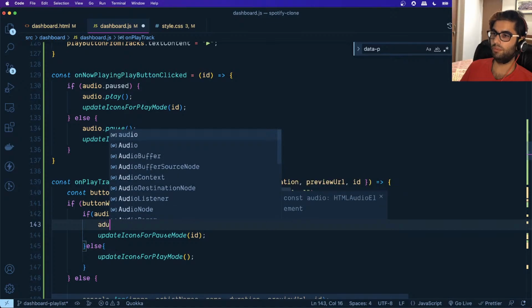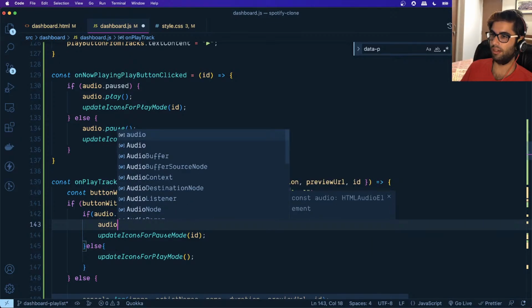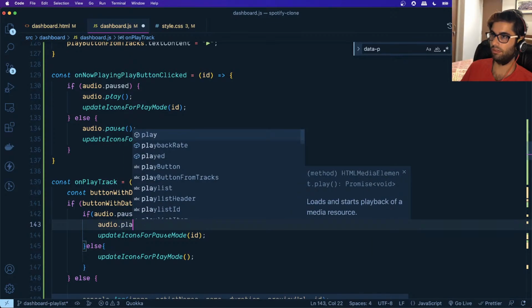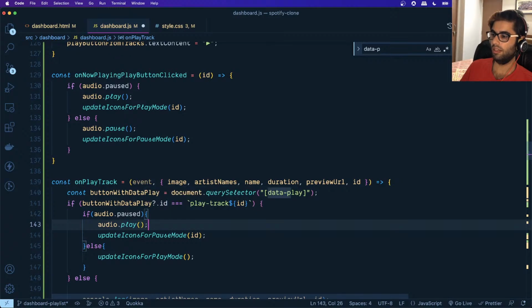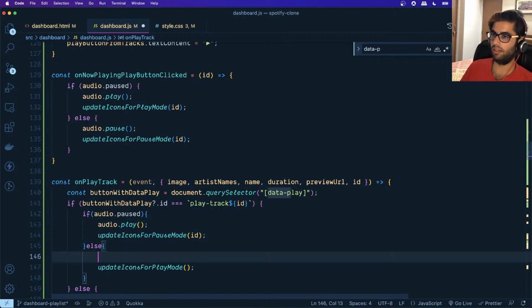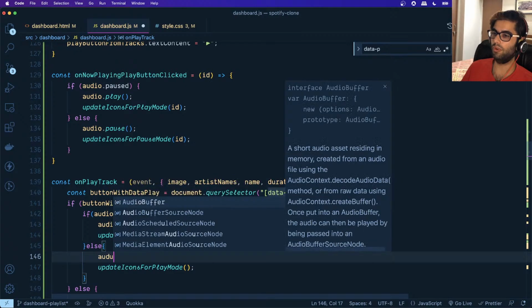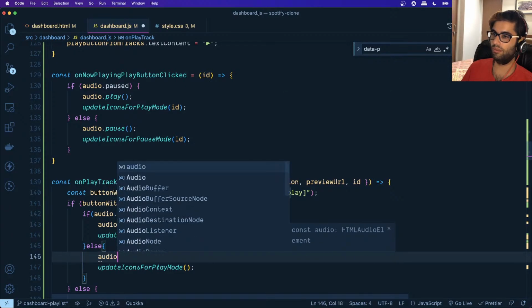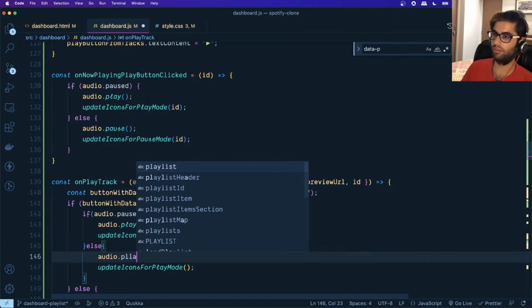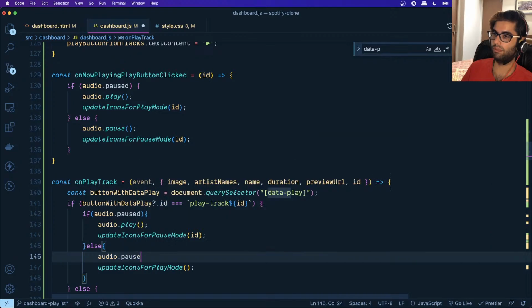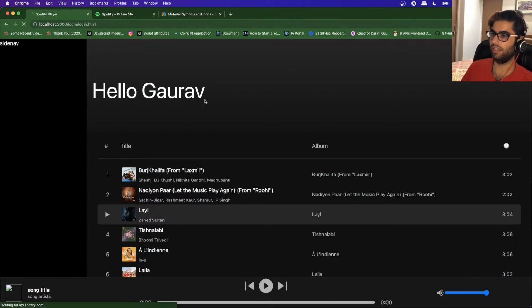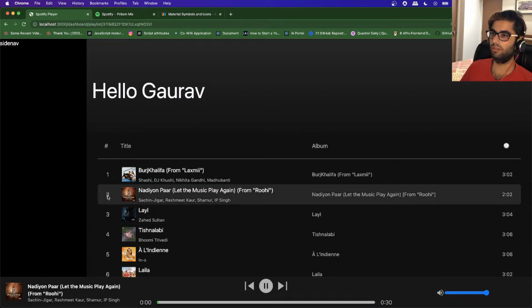If it's paused then we need to play it, and if it's not paused then we need to pause it. So I'll say audio dot pause, like this. Okay,